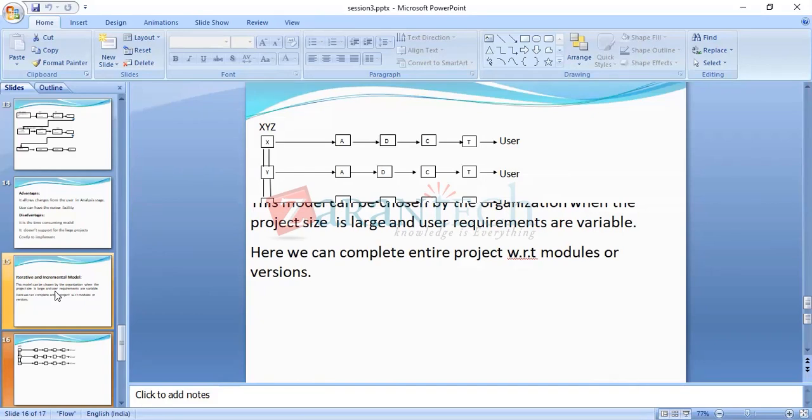The technical definition is that we can complete the project with respect to module. A module is nothing but a small piece. Not model, module.